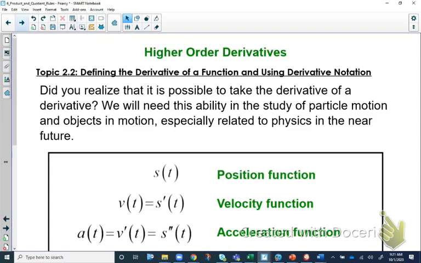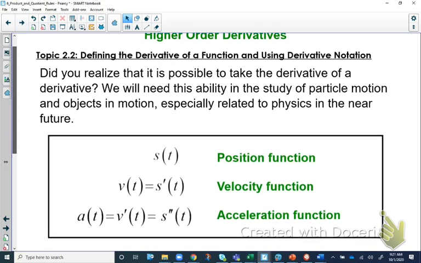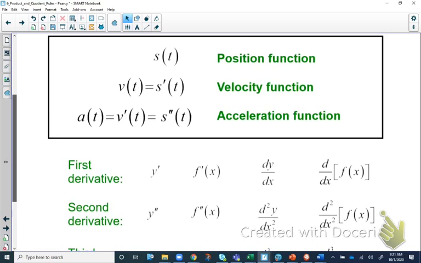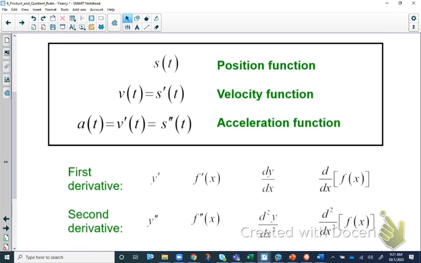We are getting close to getting done, but what we're going to be looking at next is higher order derivatives. And one of the things that's going to be a very common topic is what we're seeing here, position, velocity, and acceleration. So in Algebra 2 and in physics and whatnot,